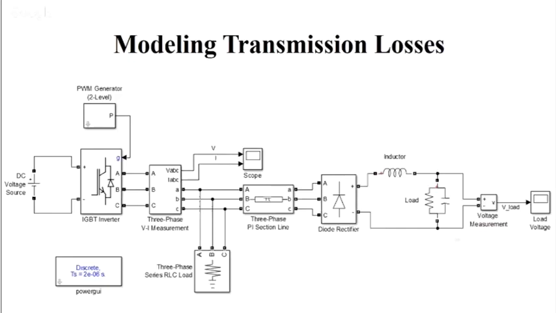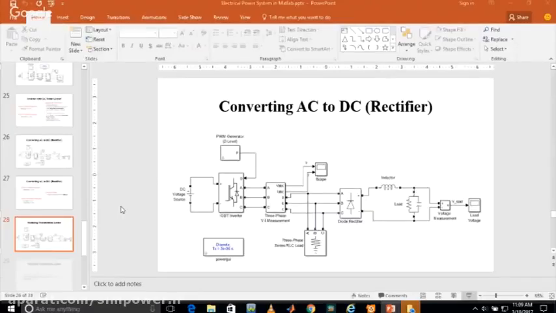Like you are sitting here and you want to operate a circuit in sector 29. At that point of time you need lines, transmission lines or distribution lines. So this three-phase PI section line will be providing the parameters for those lines. Okay, so again